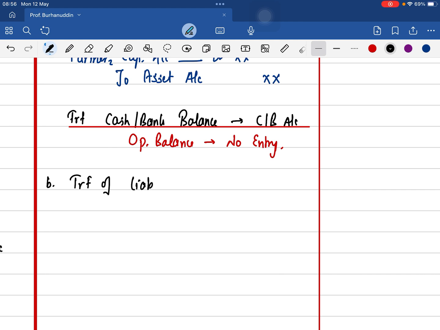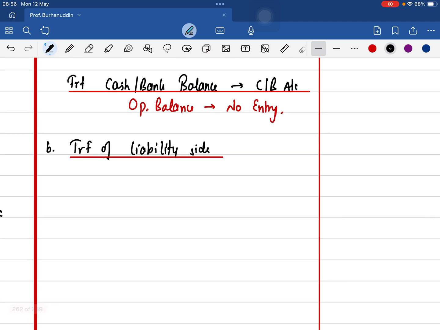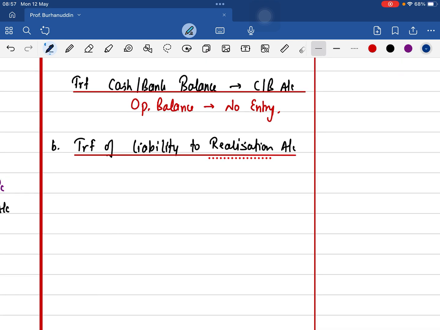The second one is transfer of liability side. Correct? Yes, sir. Let's first talk about the other liabilities which are transferred to the realization account. Let's write it this way. Liability to realization account. Now, we just have to do the opposite of what we did in the assets. Liability, realization account. Very good, sir. Because we write the liabilities in the realization account on the credit side. That's why. So here the entry would be